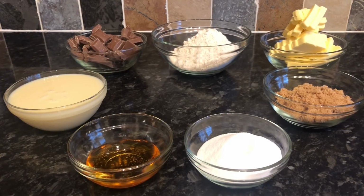First of all, I've got 2 tablespoons of golden syrup. I've got 400 grams of condensed milk. I've got 200 grams of melted milk chocolate. I'm just using Cadbury Dairy Milk. 160 grams of plain all-purpose flour, 215 grams of salted butter, 115 is for your shortcake, and the other 100 grams is for your caramel. 100 grams of soft brown sugar, 60 grams of white caster sugar,